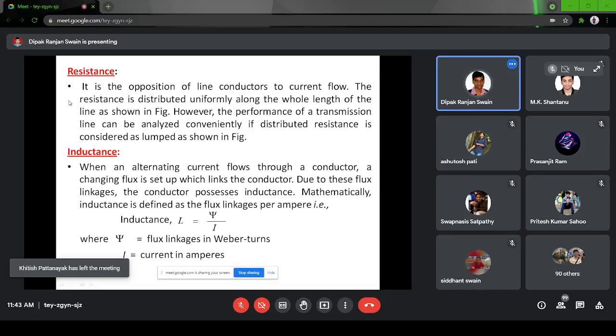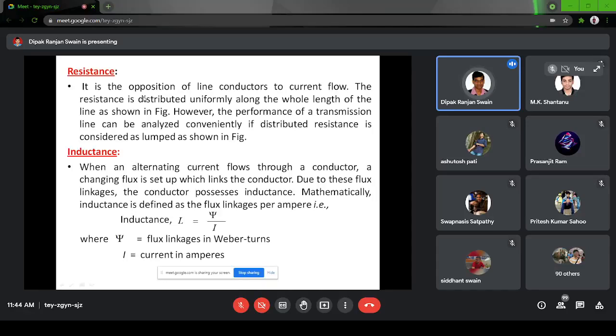Obviously, you know what is resistance, and when you solve problems or when you see the standard values of different conductors, it will be written either in terms of per kilometer or per meter. So resistance per meter or resistance per kilometer will be given. Similarly, inductance and capacitance. Sometimes inductance is given in Henry per meter, or in ohmic value, because the 50 Hz system is the standard system in India, so we don't need to give the frequency value. So these parameters will be shown either in per meter value or per kilometer value. So let us start the calculation of the inductance.